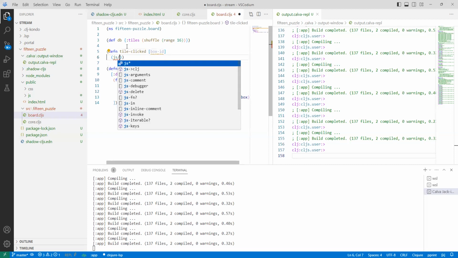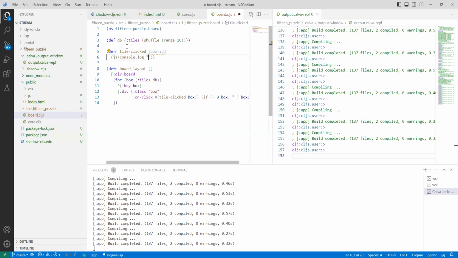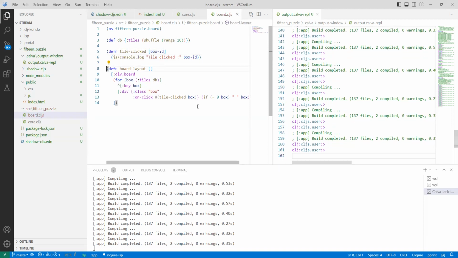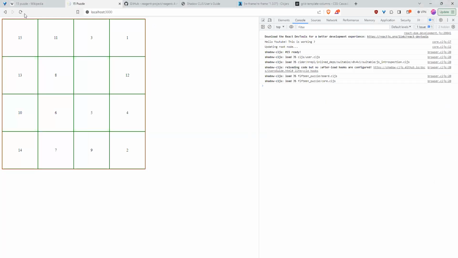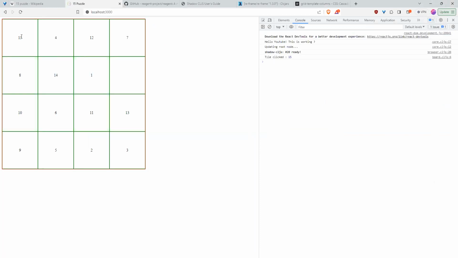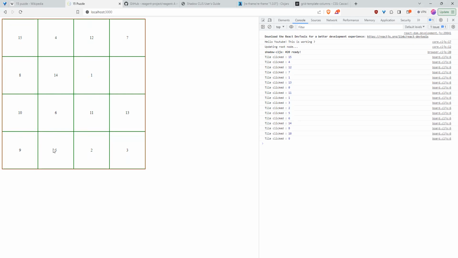And to keep things simple, we'll just go the old approach, which is tile length, and then we say the box ID, right? So we have attached an on-click event listener. Hopefully that is working: 15, 4, 12, 7, 1, 13, 0. That's great. Great. So now